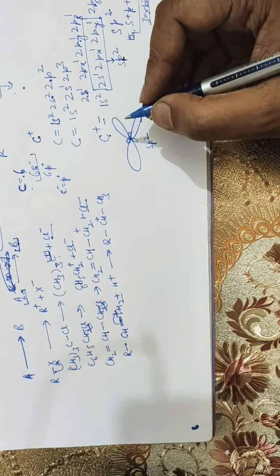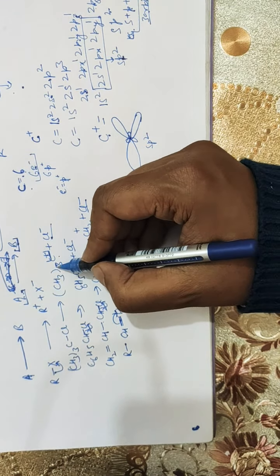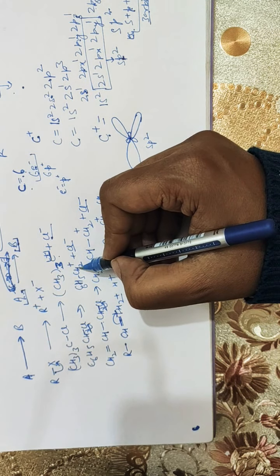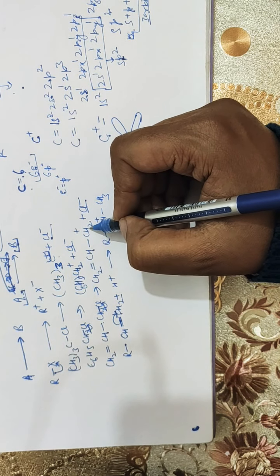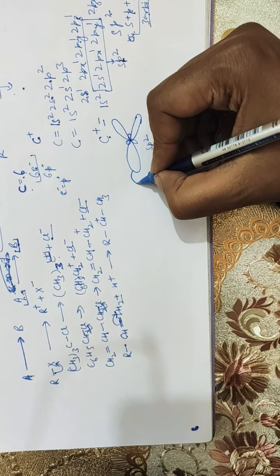So these are three sp2 orbitals, and there are three different groups. See here there are three different groups, two hydrogens and one benzene ring attached, or in this case there are two hydrogens and this carbon bond attached. So there are three different groups.